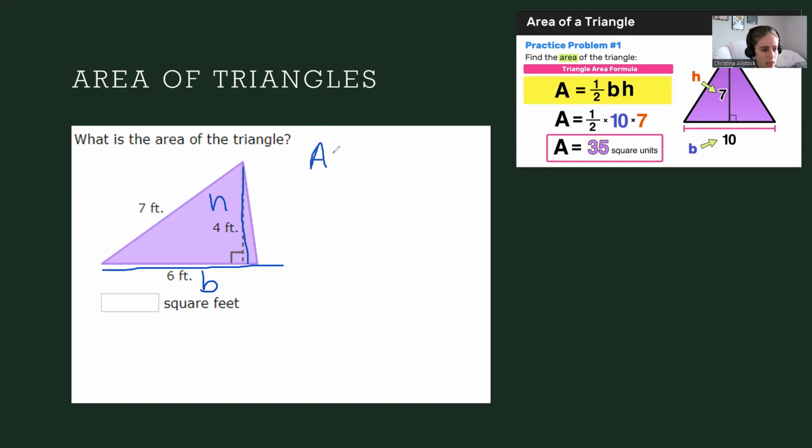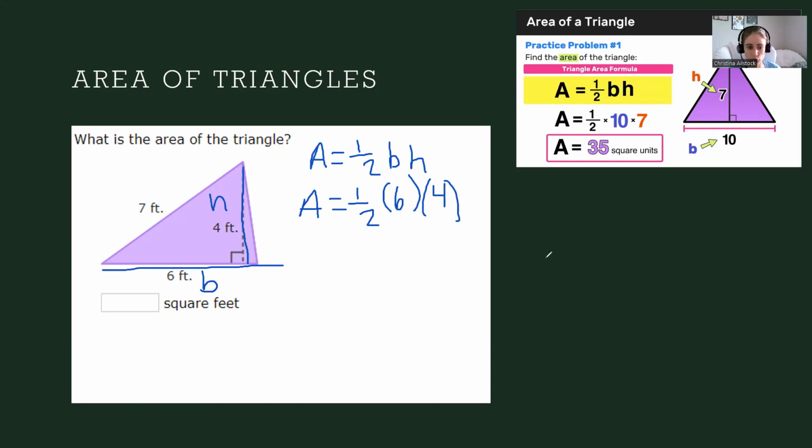So the formula is area is equal to 1/2 base times height. Let's substitute our values in. Area is equal to 1/2 times our base of 6 feet times our height of 4 feet. All right, now we need to multiply to get our answer. There's a couple different ways that you can deal with multiplying by 1/2. You can either just keep it as is, multiply by that fraction. If you are given permission to use a calculator and you wanted to convert that to a decimal, you could,